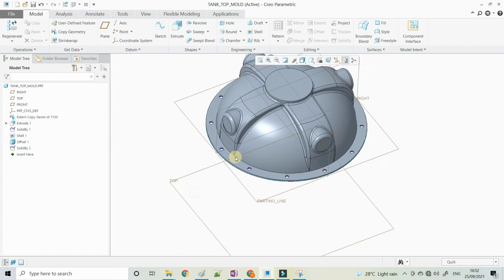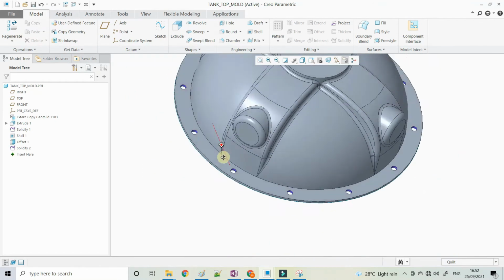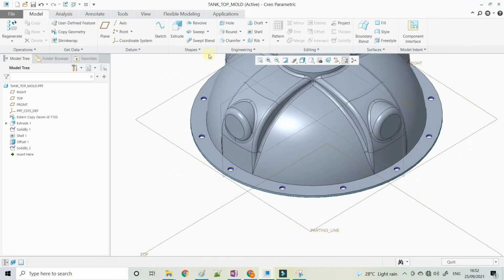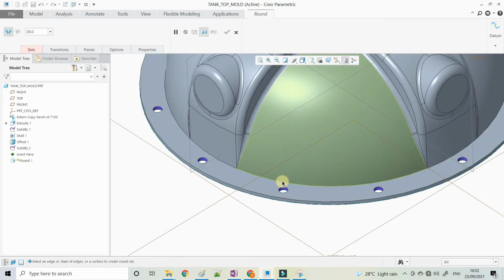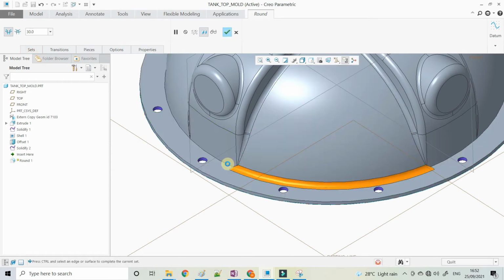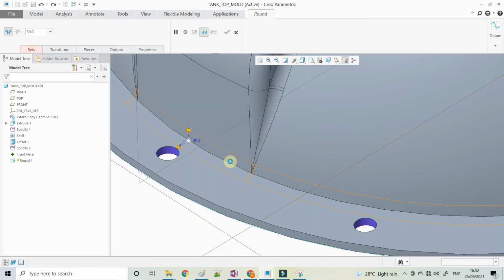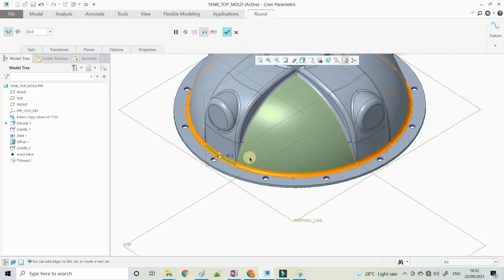Okay, and in the solidify, I have solidified this quilt from this mode, so that all the holes are created. Now you can give the radius to the outer surface. Here in the outer surface you can give the radius, but for the inner you can't give, because the inner feature is the mold surface, that is the product surface.